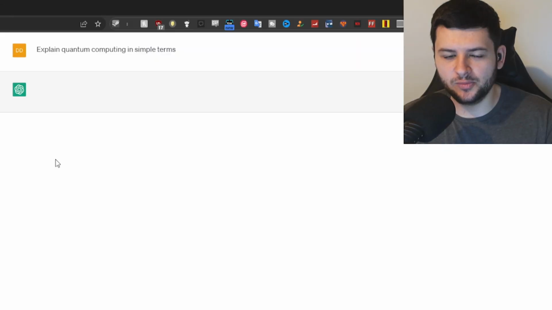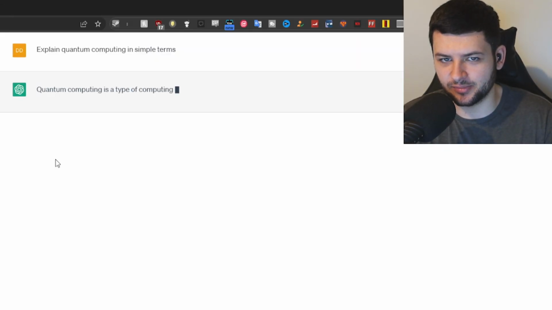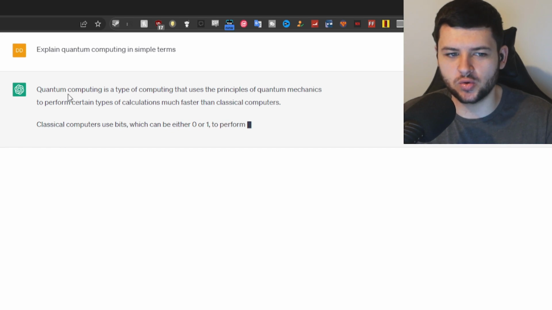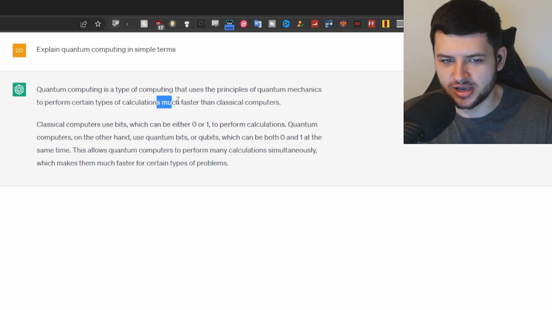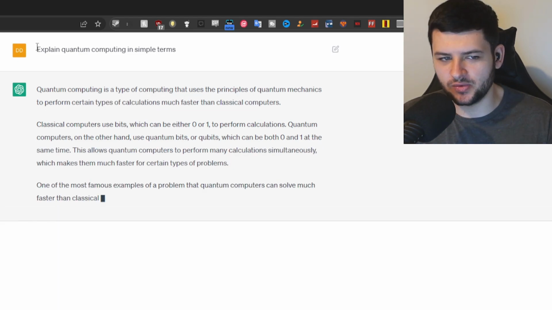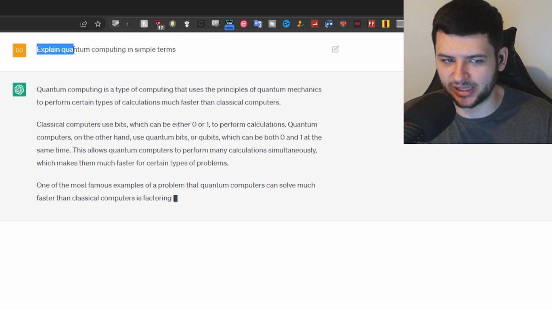So I'm going to click that, and it'll basically explain this scientific process in simplistic terms. It says quantum computing is a type of computing that uses the principles of quantum mechanics to perform certain types of calculations much faster than classic computers. So this is one prompt you can type in: explain, and then the topic name after that, and it will